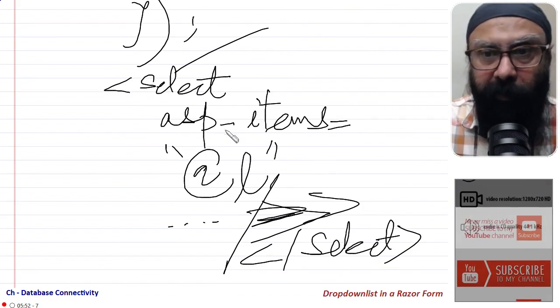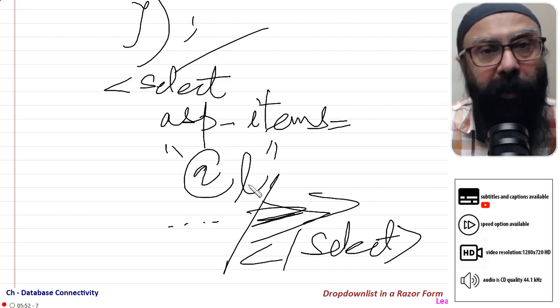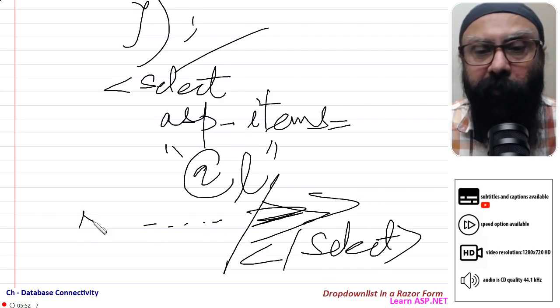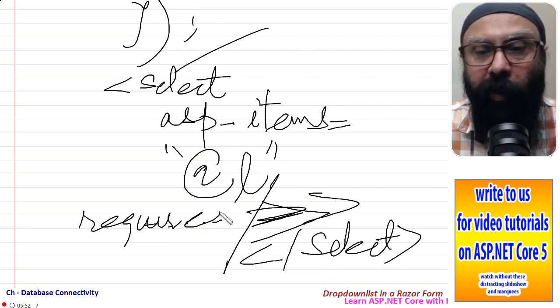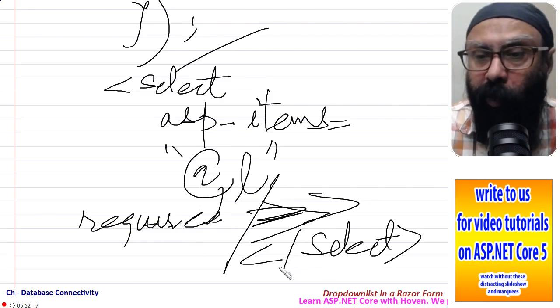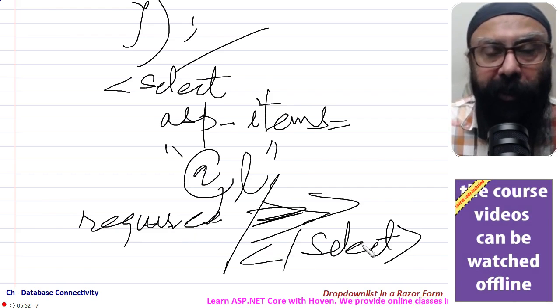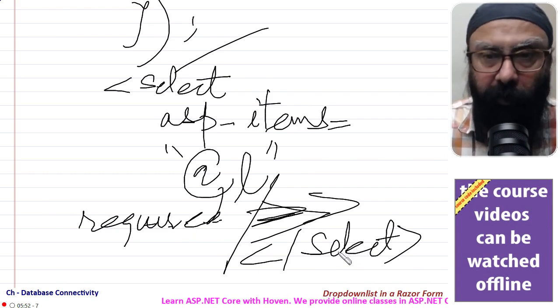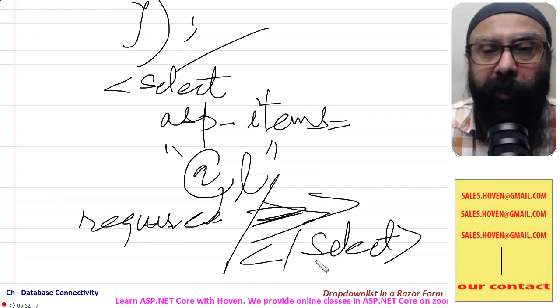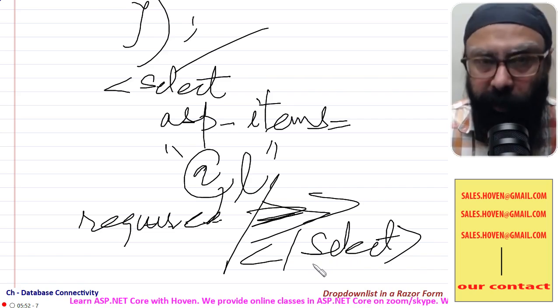So select asp-items equal to @list and other properties, for example required, whatever you want to add, and then finally close the select. This is how we do it. Now when you run the project, you will see the entire list populated.